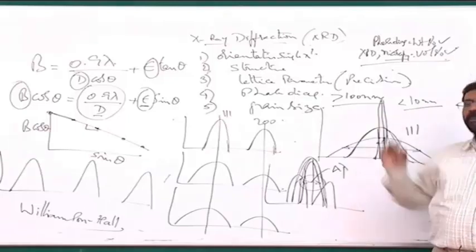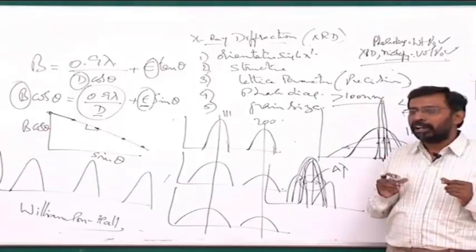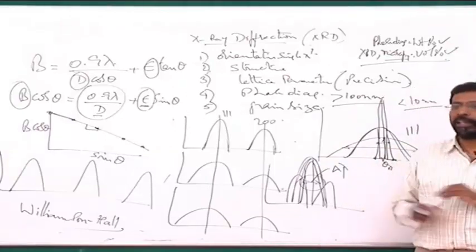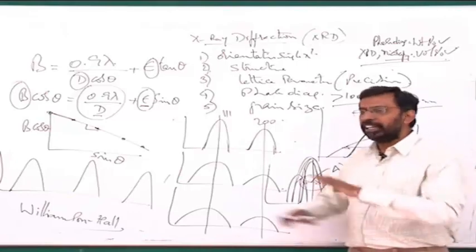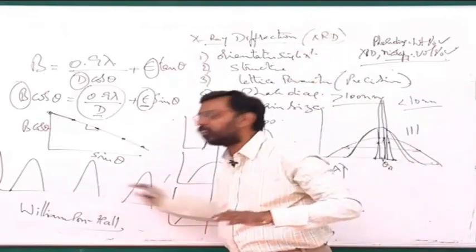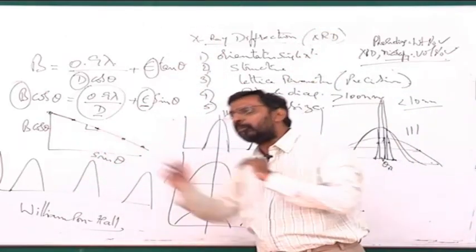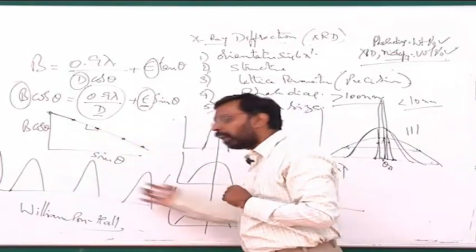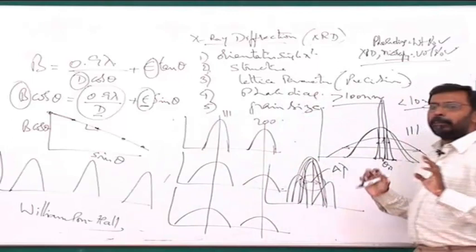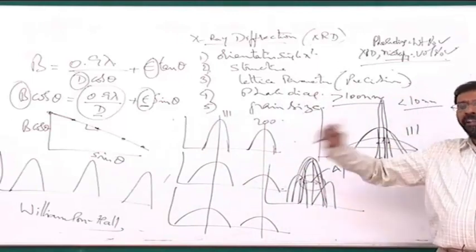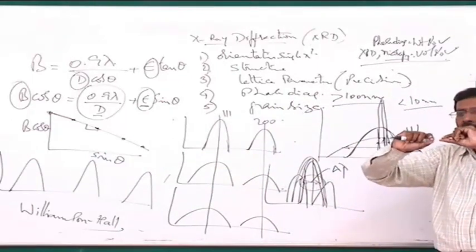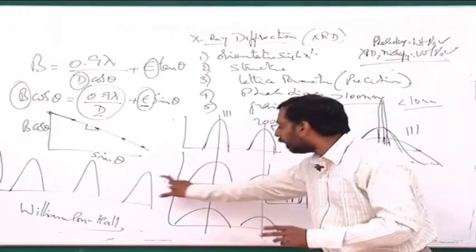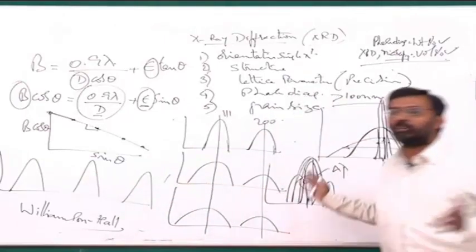I take an aluminum powder and start doing high energy ball milling, which is one of the top-down methods for making nanomaterials. Initially I will have all the peaks of aluminum, but as I continue ball milling for 5 hours, 10 hours or 20 hours, all the high angle peaks will vanish because they become so broad and their intensity comes down. Though their integrated intensity is reasonably high, their height is so small that it merges into the background.